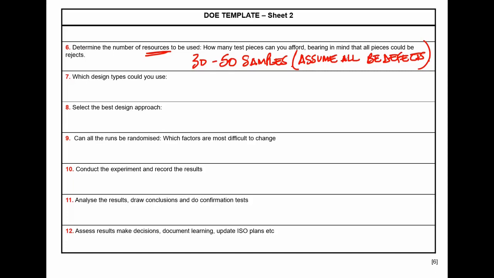So sometimes this makes people panic with doing a designed experiment, but typically you're doing the experiment because something's costing you money. 30 defects at this point is normally cheap. Then you say, which design types do you want to use? So